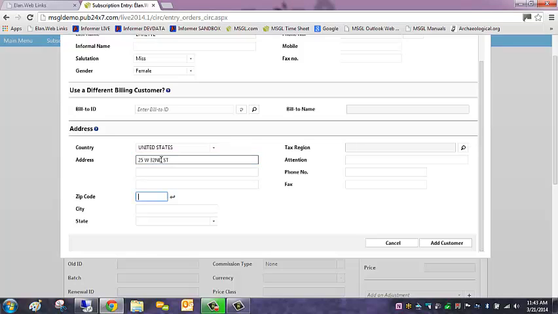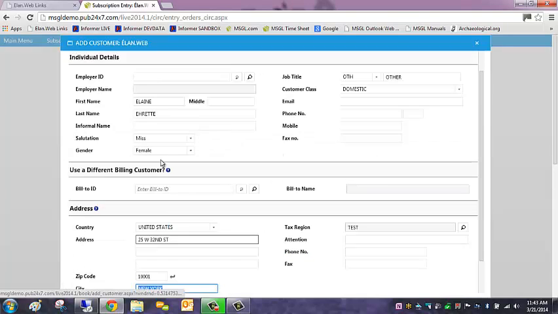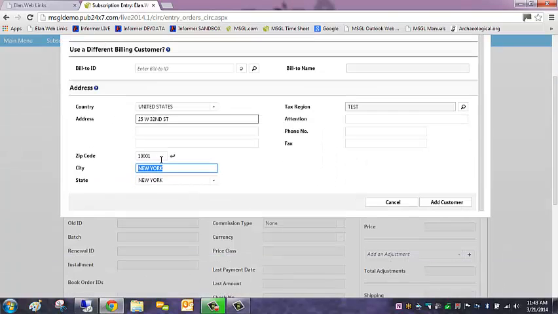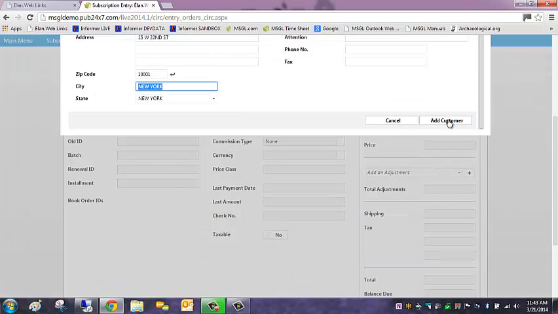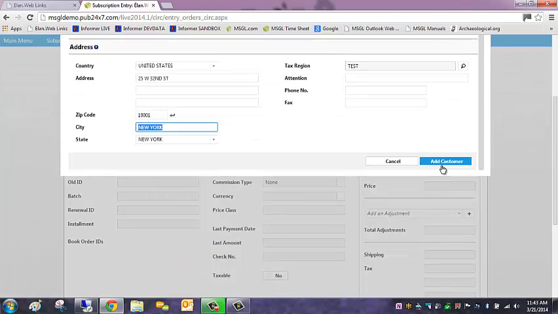And the zip code. And notice when I enter the zip code, city and state default in. Where tax region defaults in based on our customer. And now we can go ahead and add our new customer, and notice that when we do this,